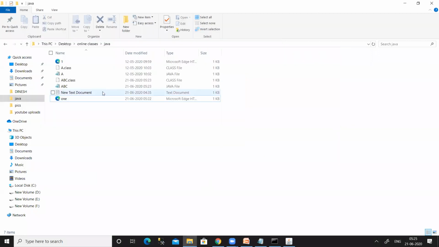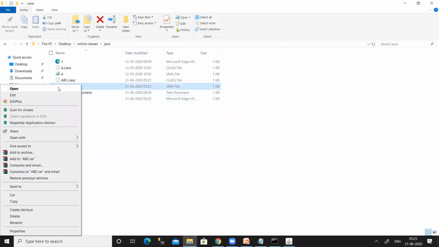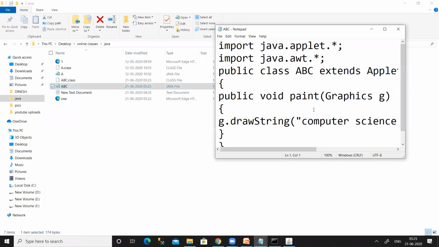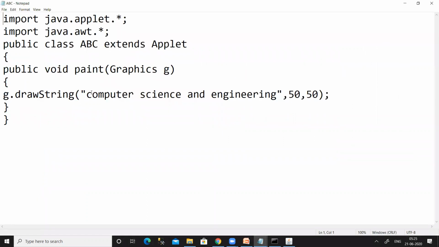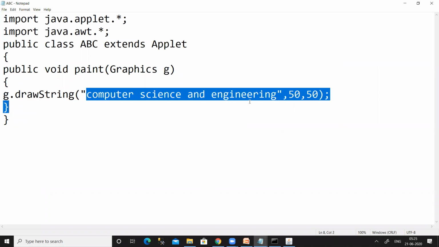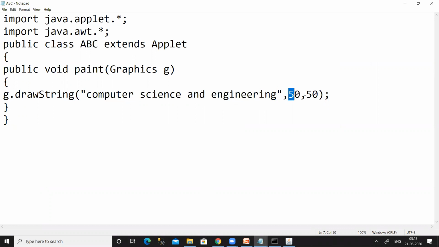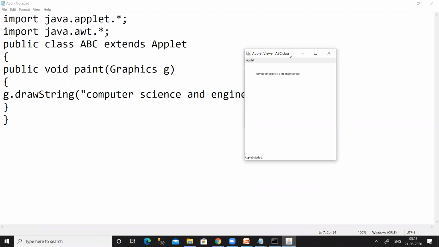Now you can see this is our Java program. You can see we have used the method called drawString, and the string is computer science and engineering, and the string should be started at 50, 50. This is what we have given in the Java program, and this is the output what we got on the applet.